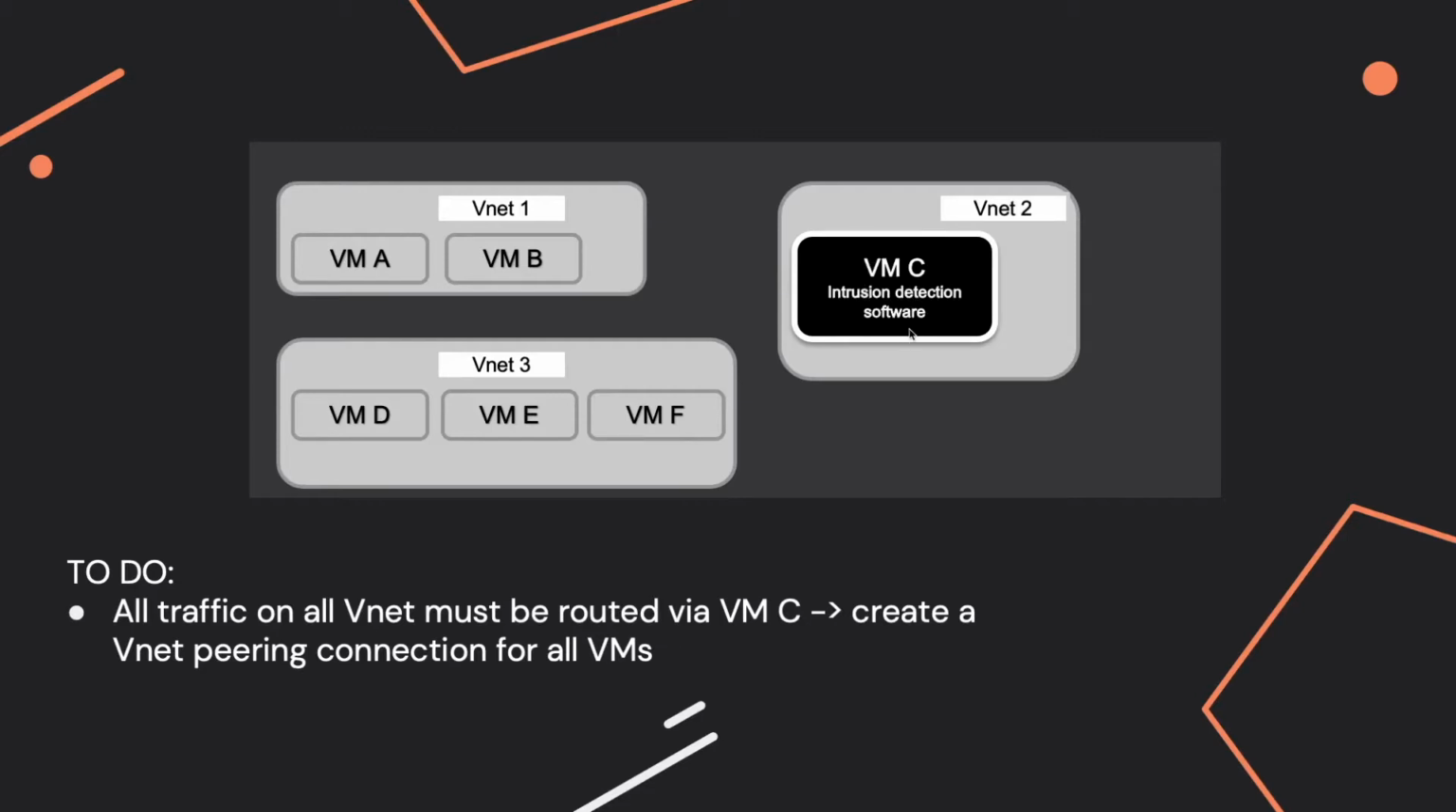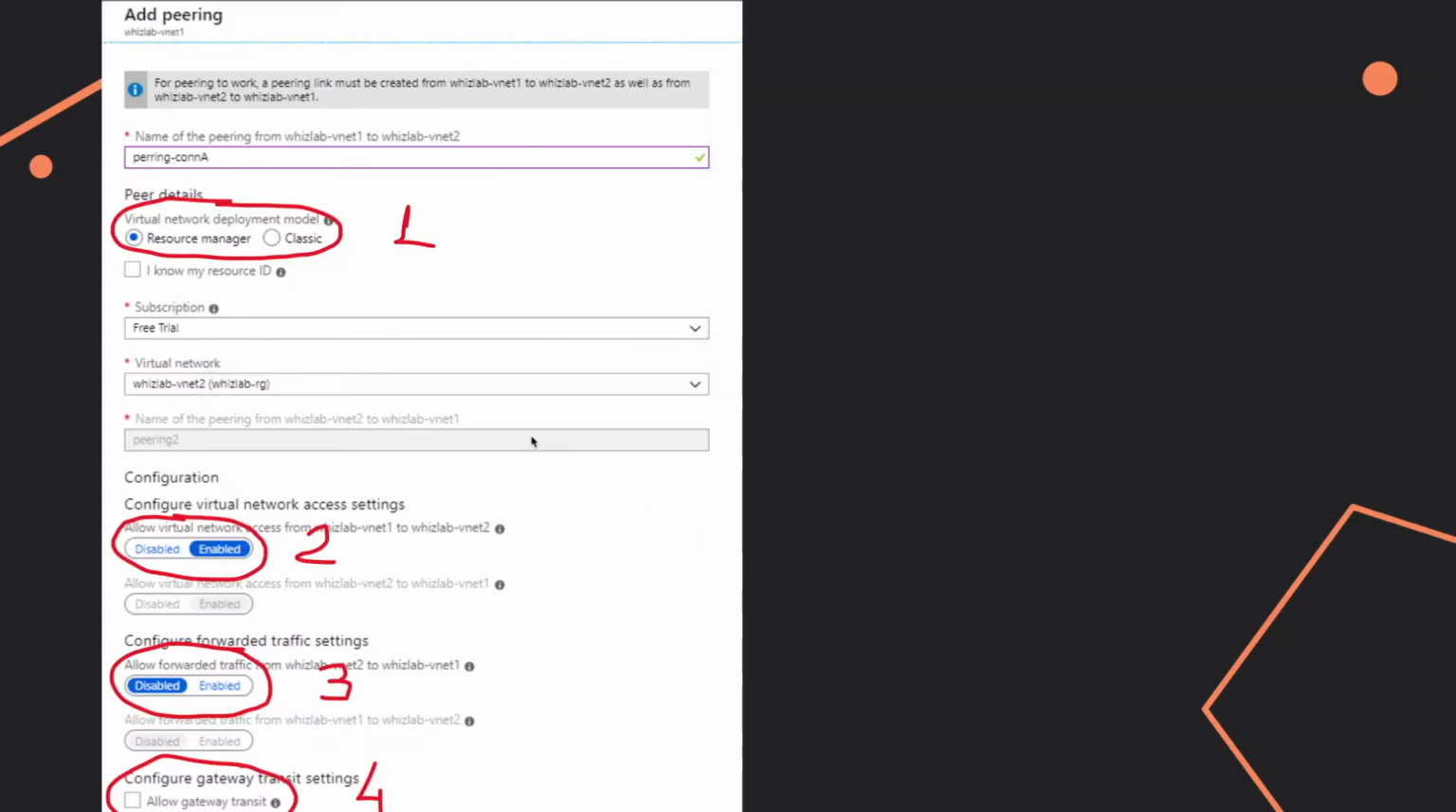What you want to do now is to make sure that all traffic on all virtual networks will be routed through this virtual machine. And for that, you are going to create a virtual network peering connection for all virtual networks. In order to complete this, you are required to answer a set of questions. Either you'll have or not to change the